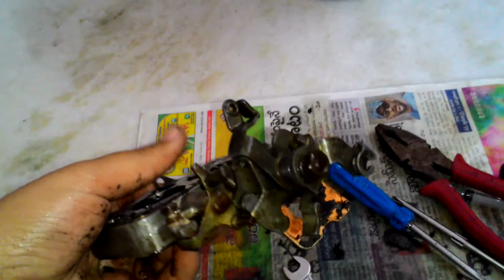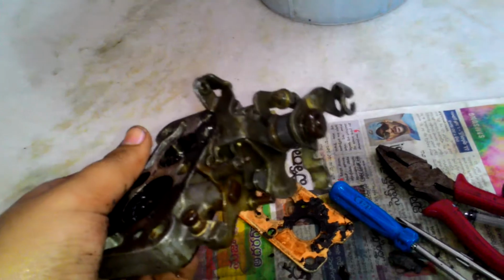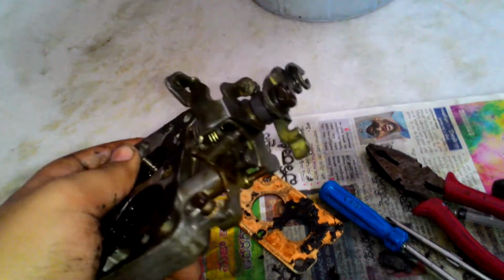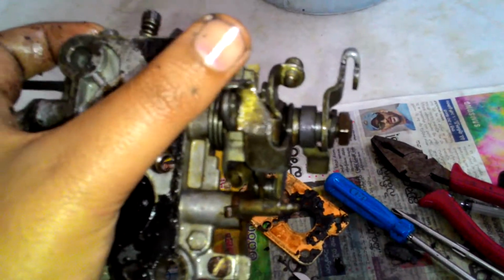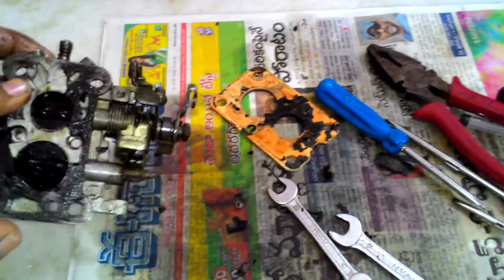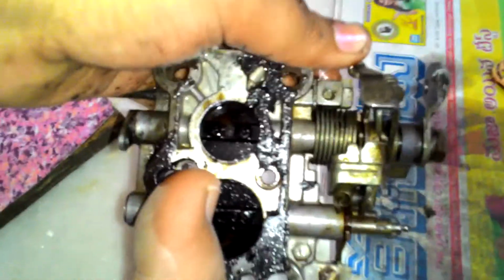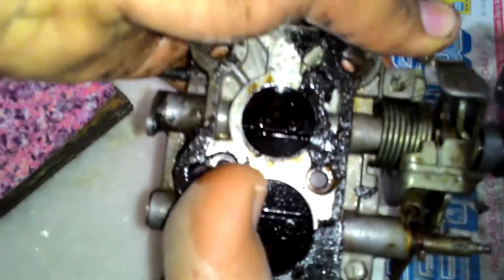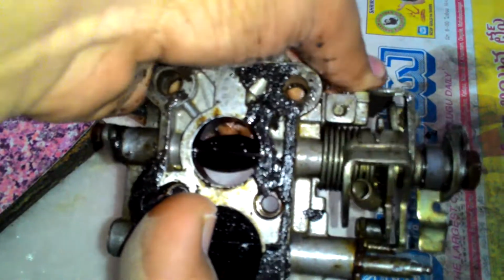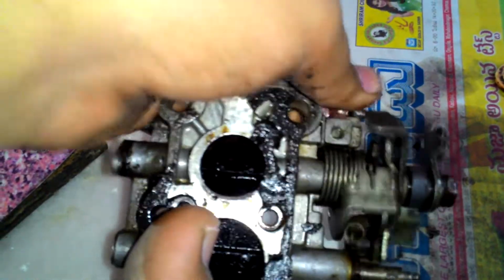Okay, status report. We have put the middle section back into soaking in the diesel, and we are working on the bottom half, which contains these valves. As you can probably see, the primary valve is opening normally. There's no problem with that,